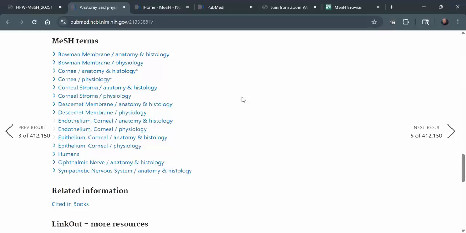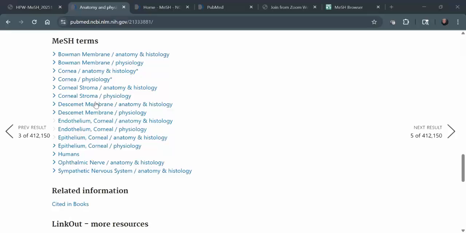Why do we not see eye in the MeSH terms? Yes, this is because it exploded to the more narrow terms, and cornea is one of the more narrow terms,